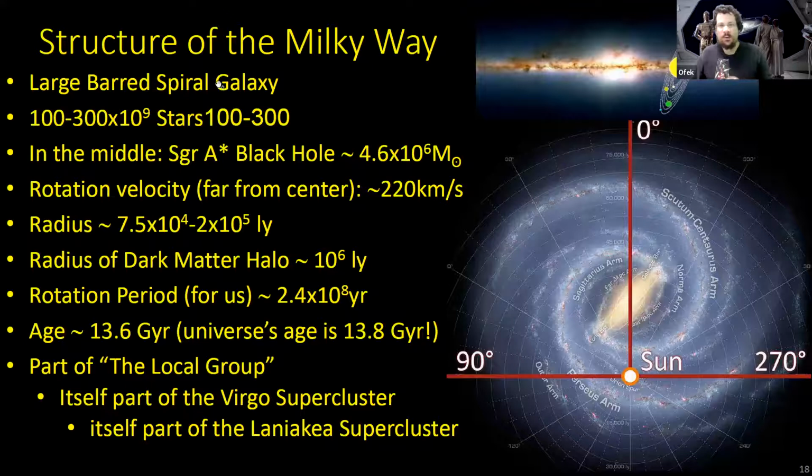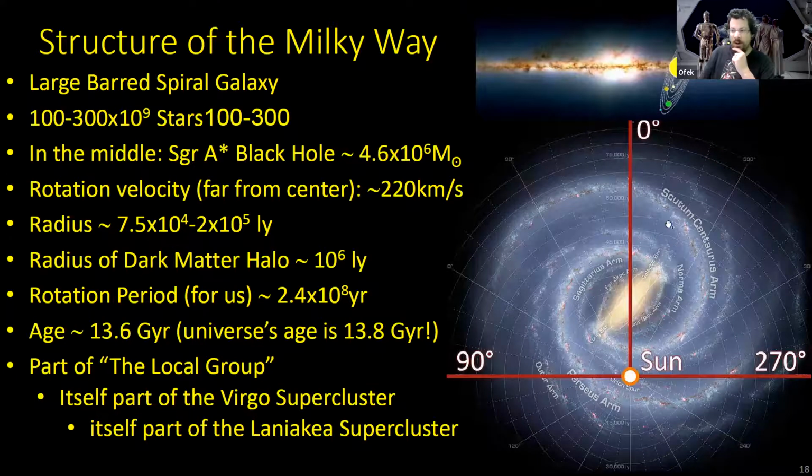Okay, so how do we understand our galaxy today and its structure? Of course, this picture here on the right is not the Milky Way and cannot be the Milky Way because we don't have a picture of the Milky Way taken from outside, but it represents what the Milky Way looks like based on a reconstruction or a projection of the stars we see in the sky and the objects that we see. So the Milky Way is a barred spiral galaxy. It's a large spiral galaxy, and it has a bar in the middle.